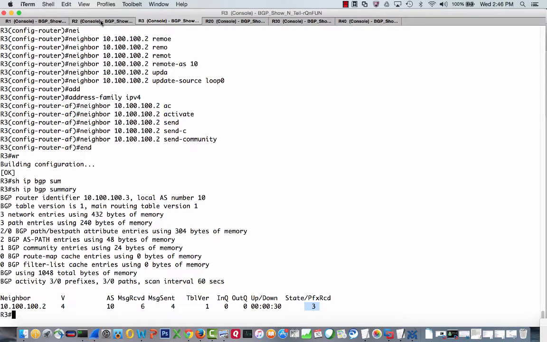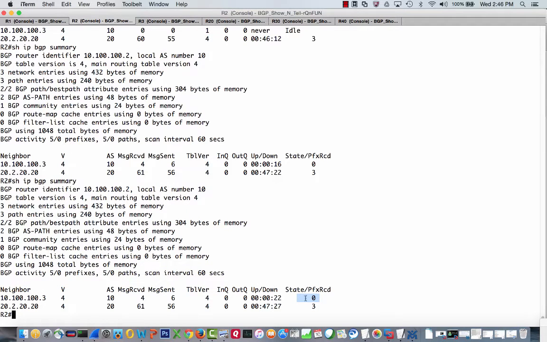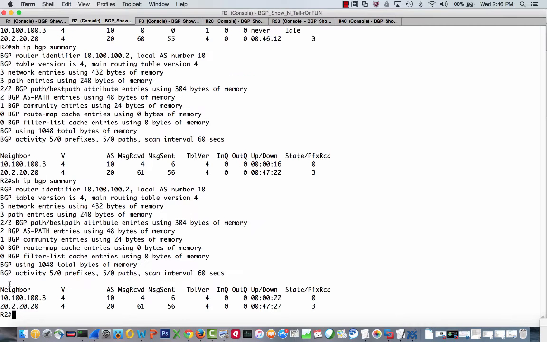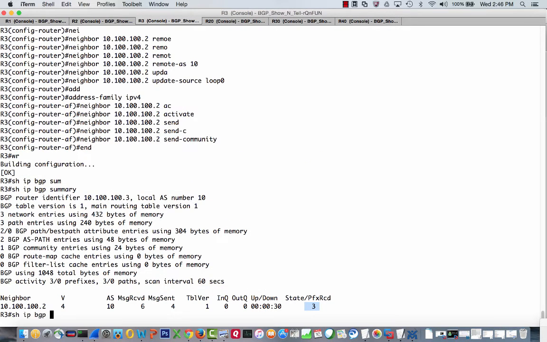Why are we learning 3 prefixes? Because R2 is actually learning 3 prefixes right here from its eBGP peer R20. So it is then going to take the eBGP prefixes that it learned that are in its BGP table and advertise them to R3. So if we do this and go over here, show ip bgp,